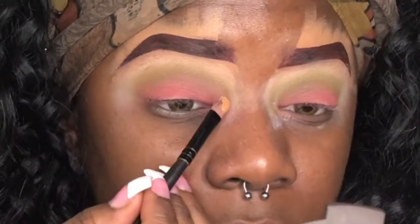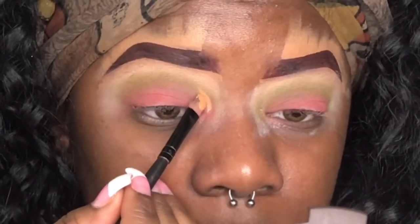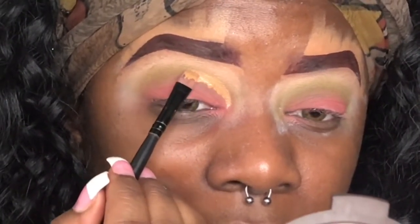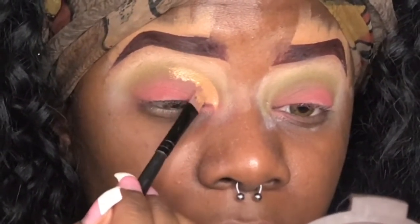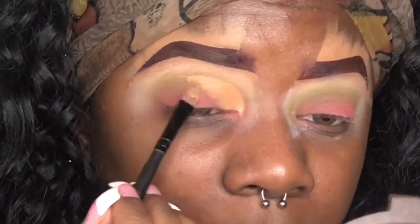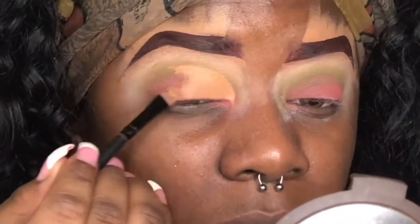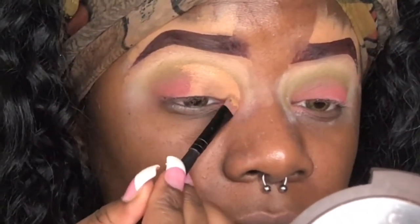So with this, since I'm doing a big cut crease, I'm going to start from the inner corner of my eye and bring it up. You want to do light strokes, because going too fast might mess up the eye. And then you bring it over. So you do not want to pull